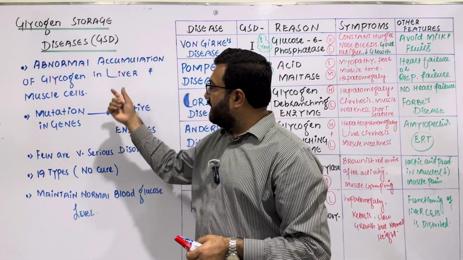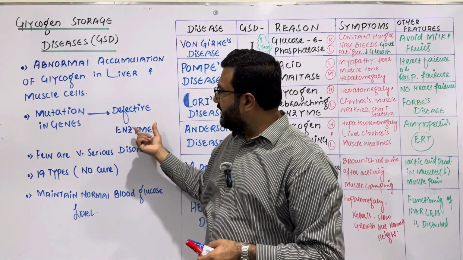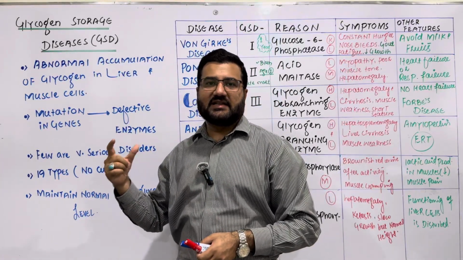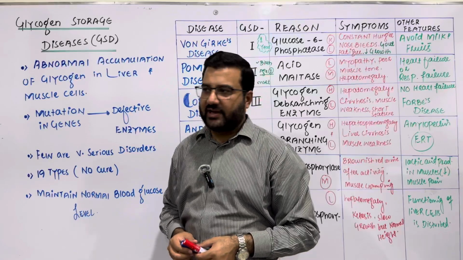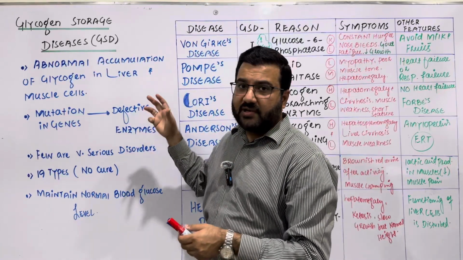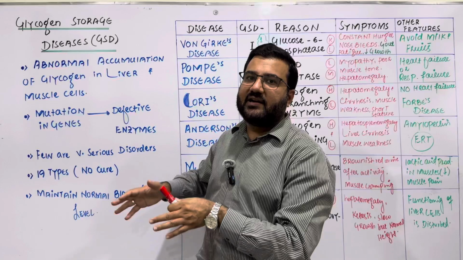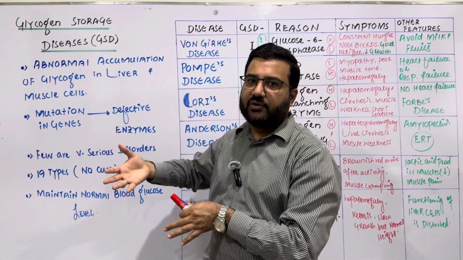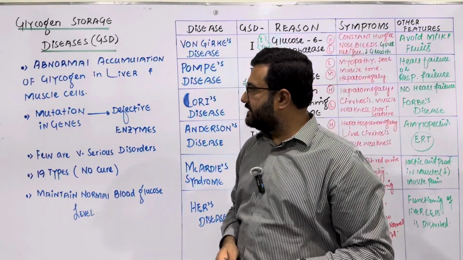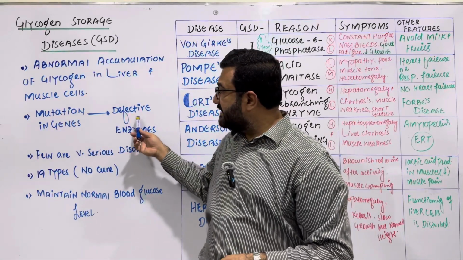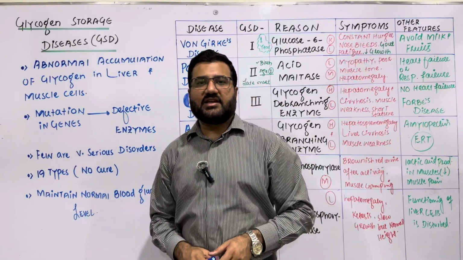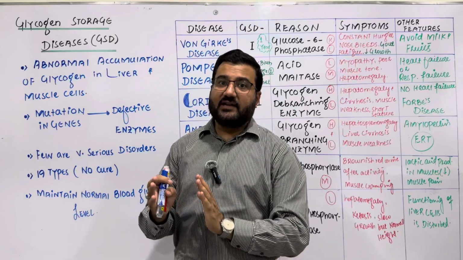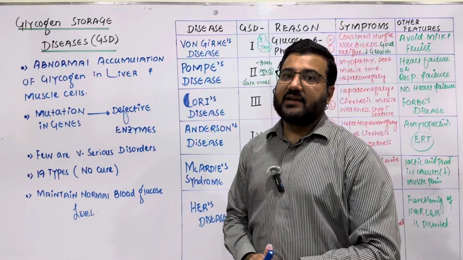These diseases occur due to enzyme deficiencies, and these enzymes are very important in the breakdown of glycogen in liver and muscle cells, a process called glycogenolysis. When there is abnormal or less breakdown of glycogen, that glycogen gets stored in the liver and muscle cells in abnormal amounts, and that can lead to glycogen storage diseases. The enzyme deficiencies are due to mutations in the genes. So all glycogen storage diseases are genetic disorders, and they run through families and are inherited